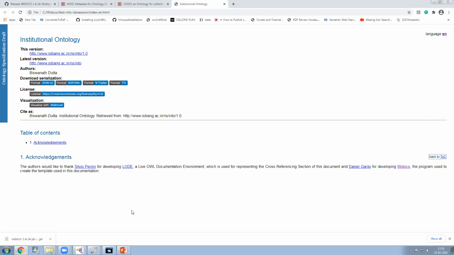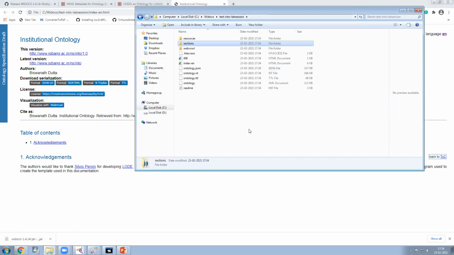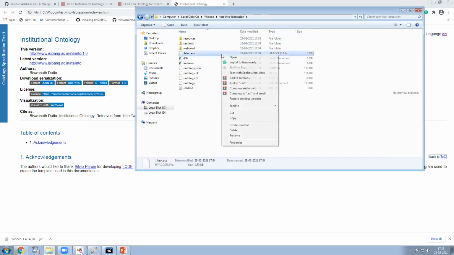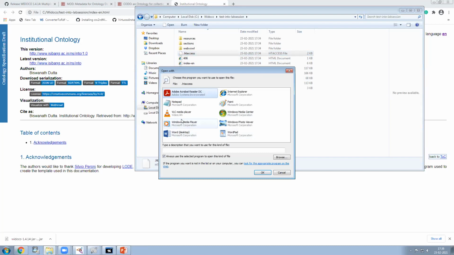By the way, I paid a lot to understand this. I spent a lot of time in finally getting this idea, and now I see that these developers also, I think very recently, have to some extent tried to clarify this issue on their website. So anyway, now we have this project ready. And we have this htaccess also. If we want, we can even open it, let us say, using some of the editing tools that you want.